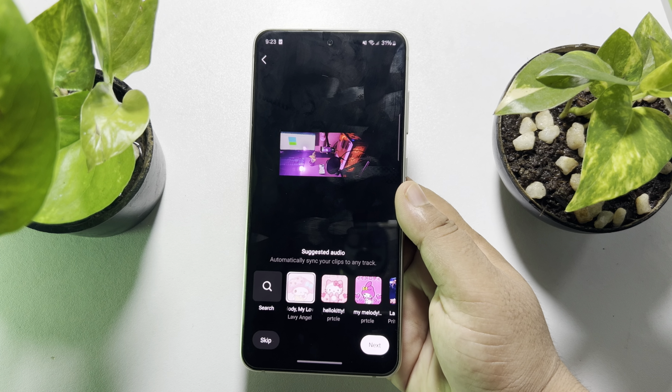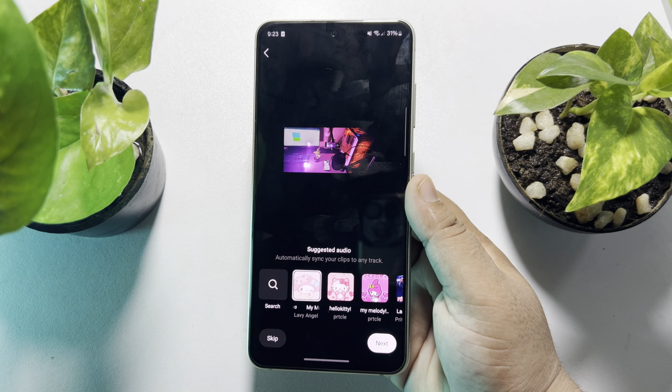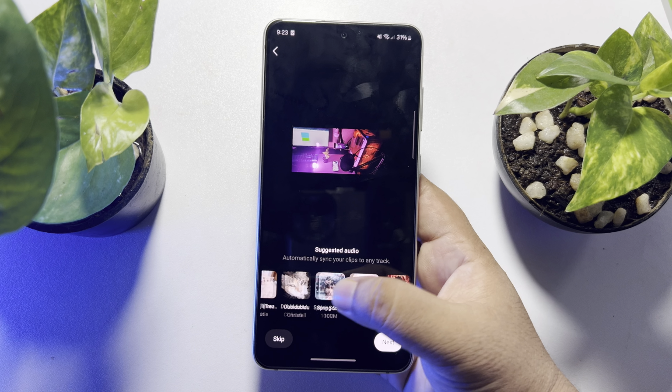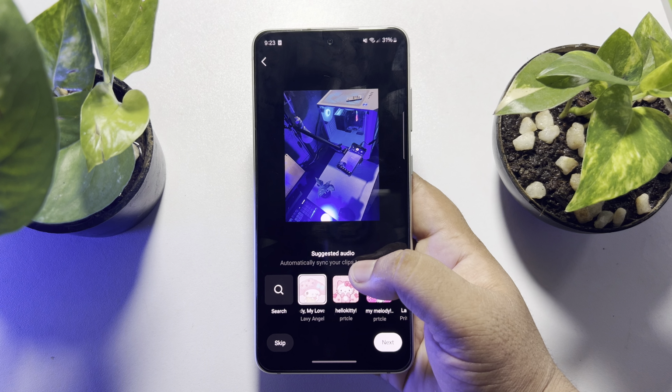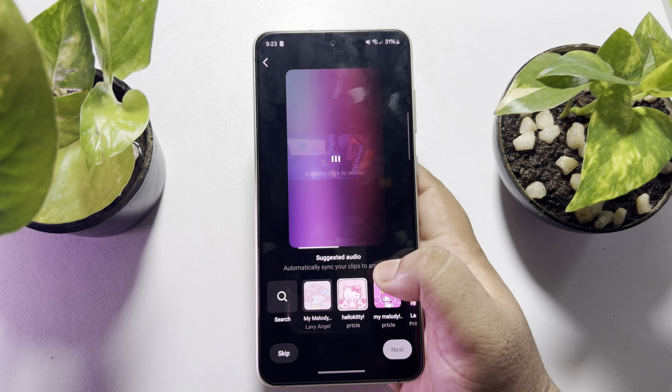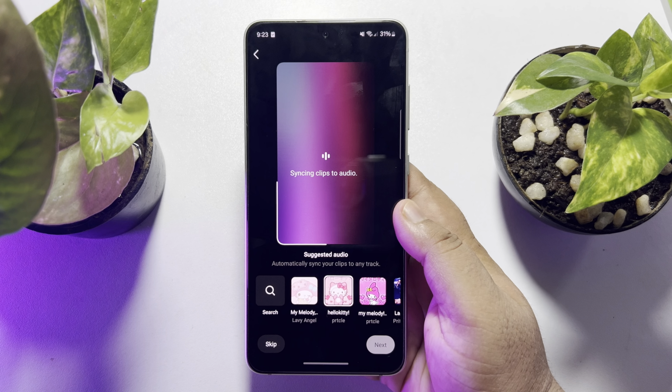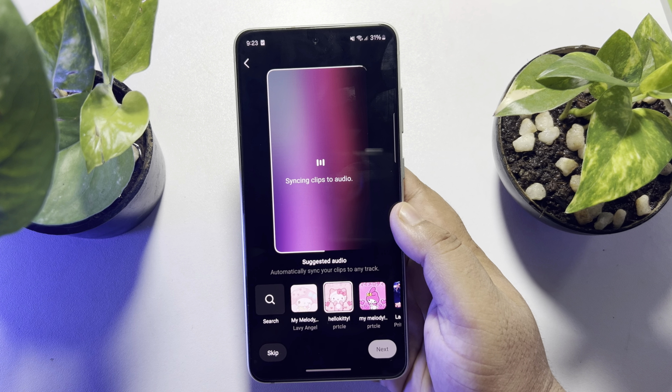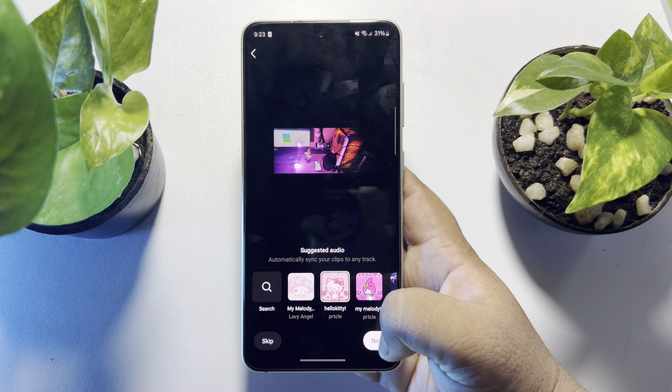And now it's time to add music to the video, so you can select any suggested audio, or to search for a specific music you can use this search music icon. So I'm going to select this music for example, and now just tap on next,